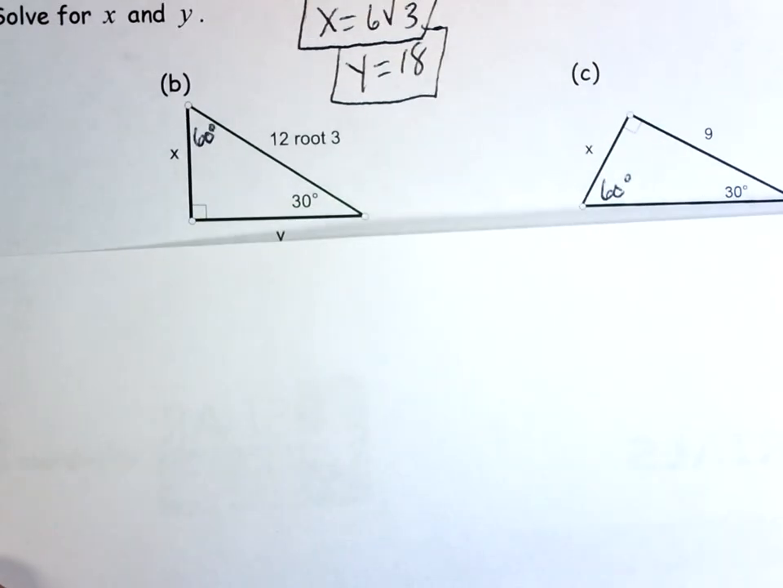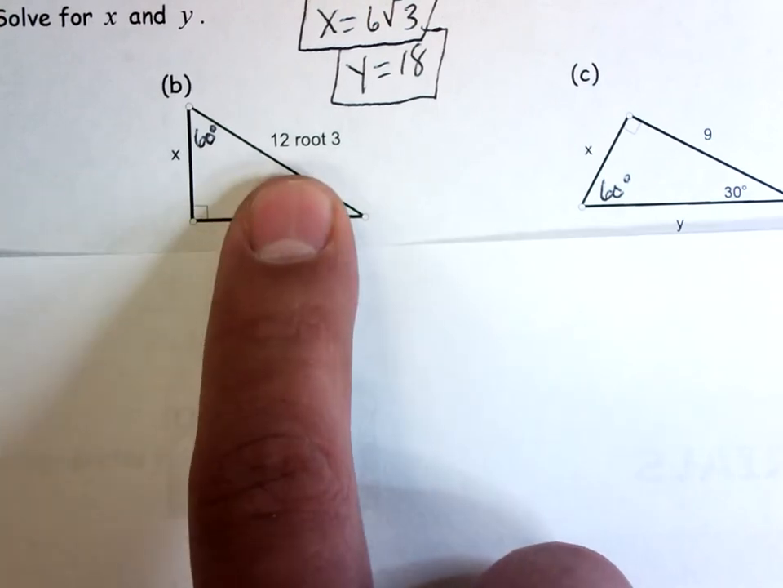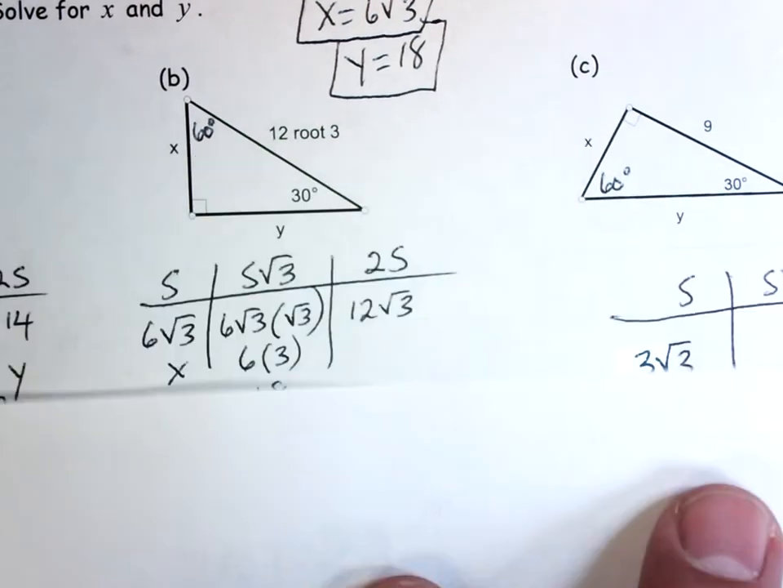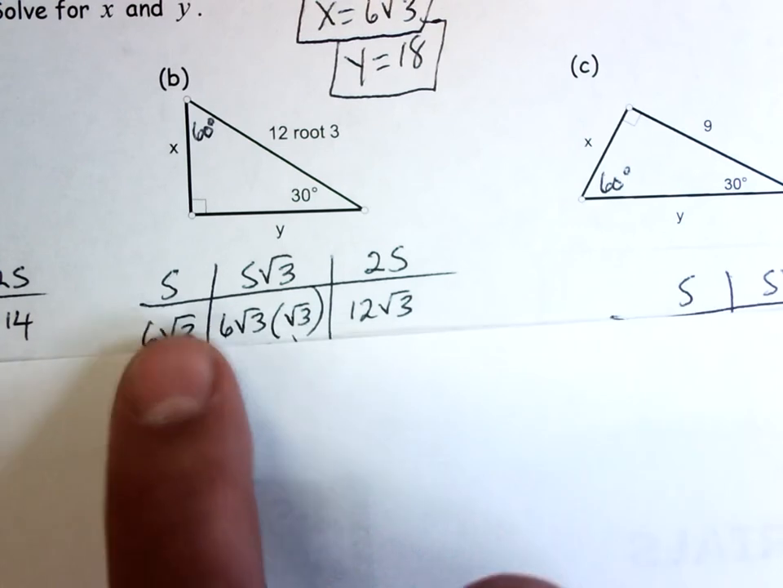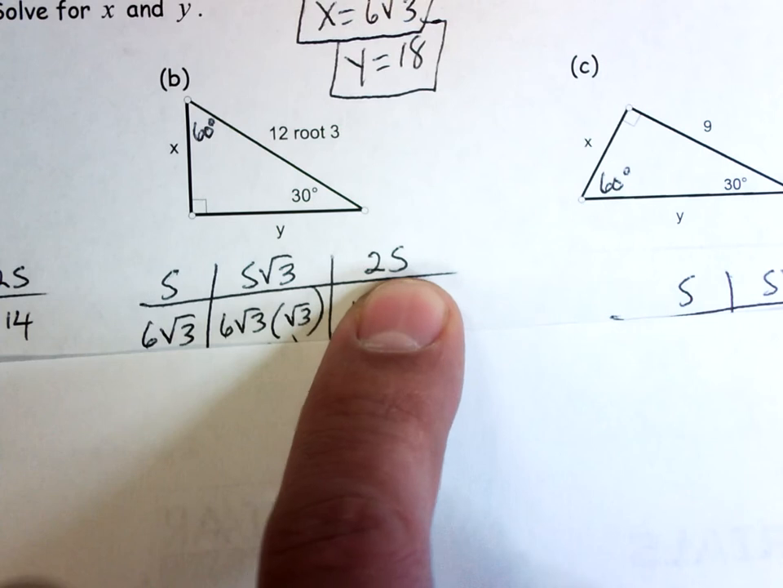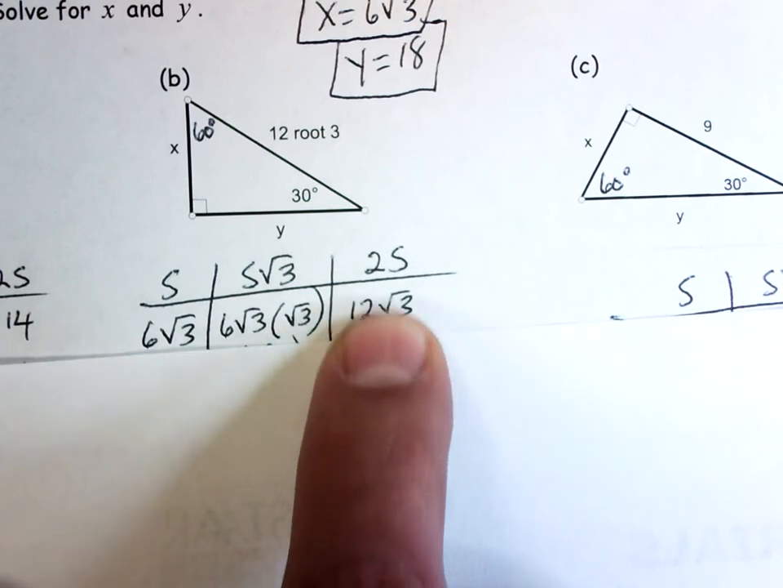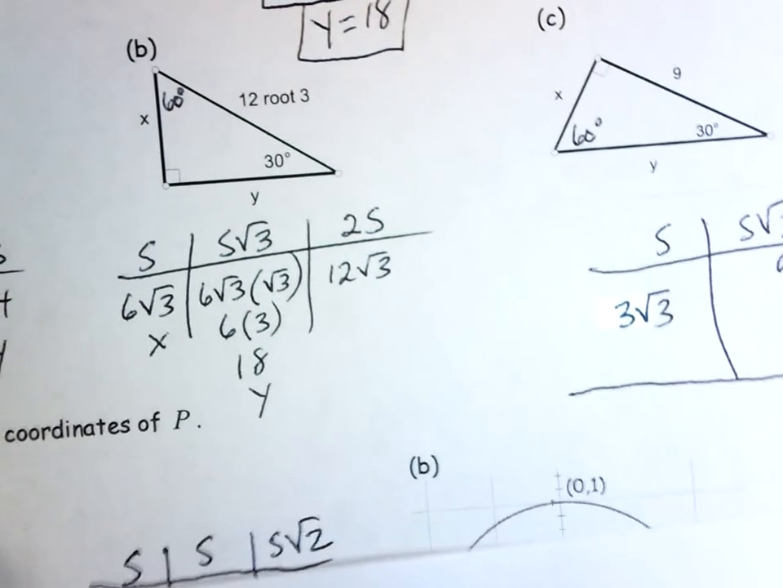Again, I have a 30, 60, 90 triangle. This one I know my hypotenuse is 12 root 3. So if I fill in my thing over here, there's my short side, there's my long side, there's my hypotenuse. I know my hypotenuse is 12 root 3, but my hypotenuse must be equal to 2s. So